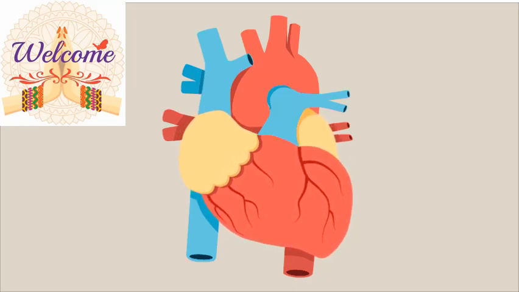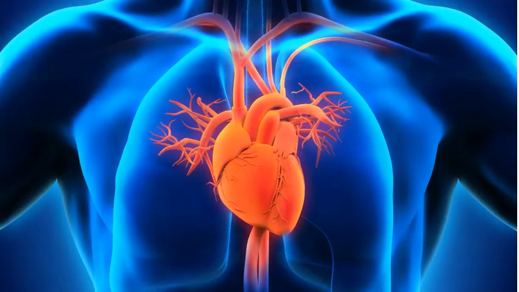Merits of Knowledge. Human heart. The human heart is a muscular organ responsible for pumping blood throughout the body. It is a vital part of the circulatory system, supplying oxygen and nutrients to tissues and removing carbon dioxide and